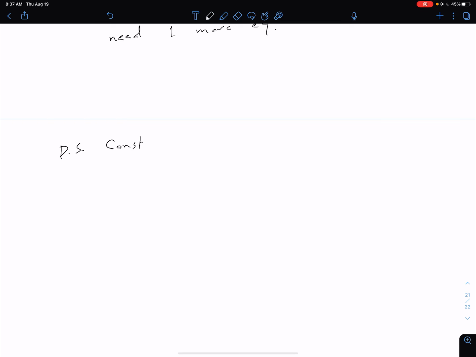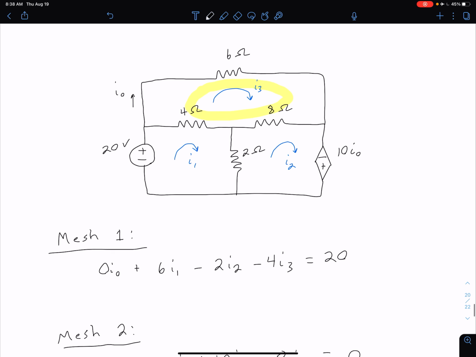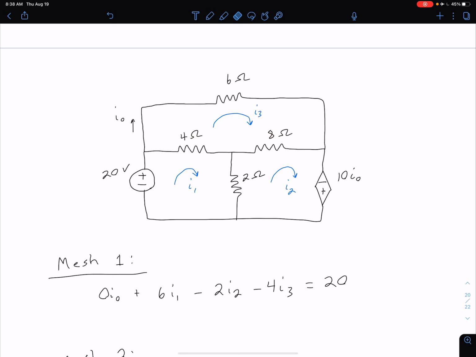So the process for getting this final equation, we're going to call this our dependent source constraint equation. As I alluded to earlier, this is going to be a relatively simple equation. So our dependent source constraint. We come back up to our circuit and we look at our dependent source. We ask ourselves, what does it depend on? In this case, I naught. We find where I naught is defined in the circuit, and then we want to relate that